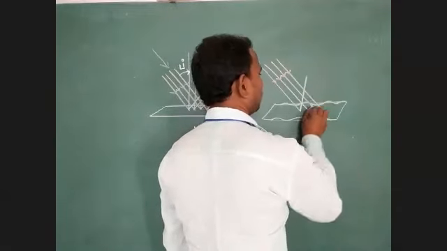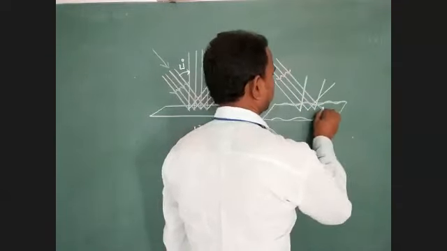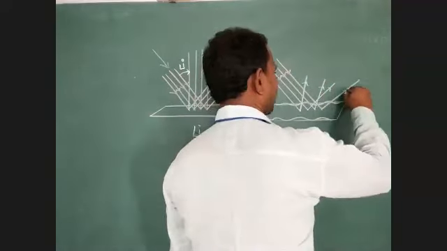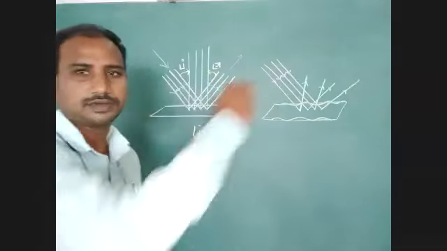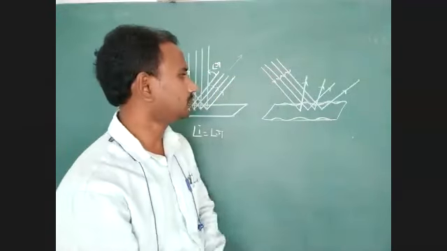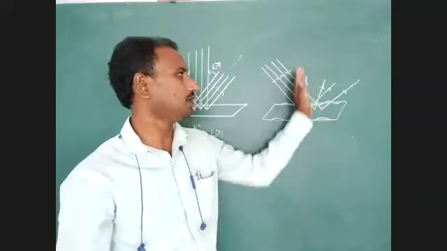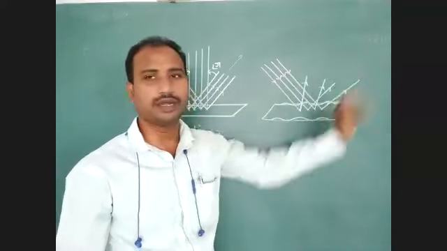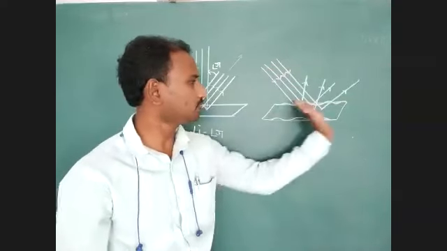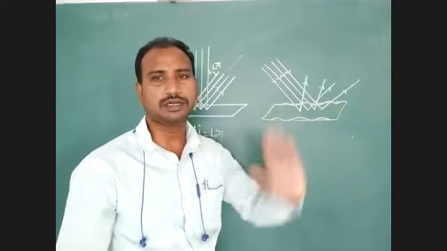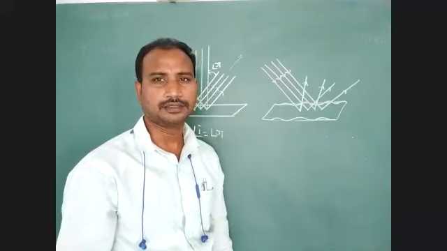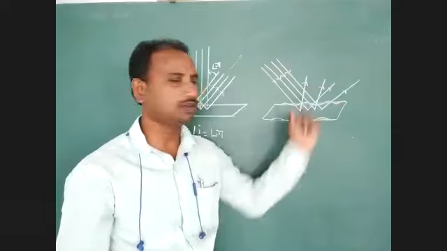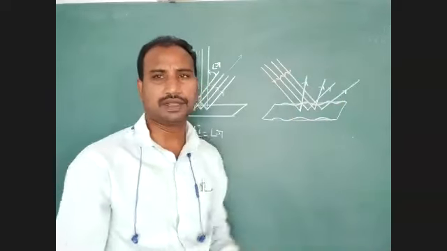The reflected light rays move in different directions. Just identify that these reflected light rays are not following a specified direction. One ray is moving in one direction, another ray in another; all are moving in different directions. What is the reason? Because of the irregular polished surface. Have you identified this point? Because of an irregular polished surface, you are getting irregular reflection.